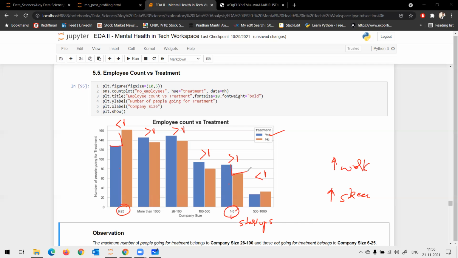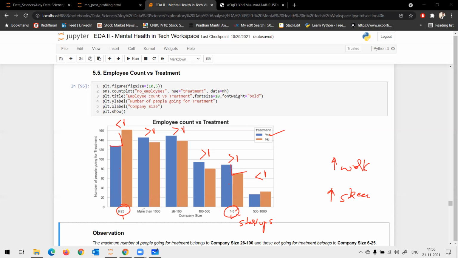So in a startup, basically you're focused more on expanding your business. You're always in expanding mode. Once you expand from this stage to this stage, you have more employees. You feel kind of a little relieved that your work is distributed.